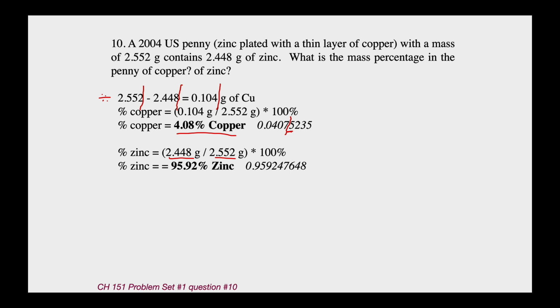So 0.9592 is what you'd get before you multiply by 100%. The 4 is the first thing to be dropped. Don't have to raise anything. You're good to go. Now, if you've done these problems right, if there's only 2 components, they should add up